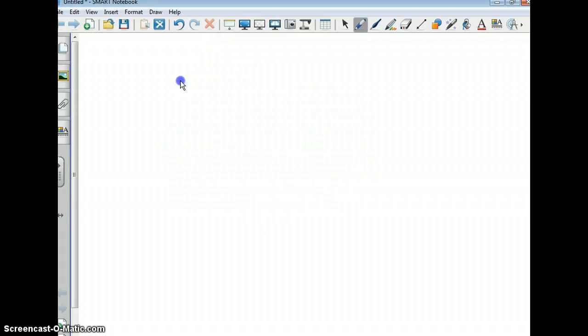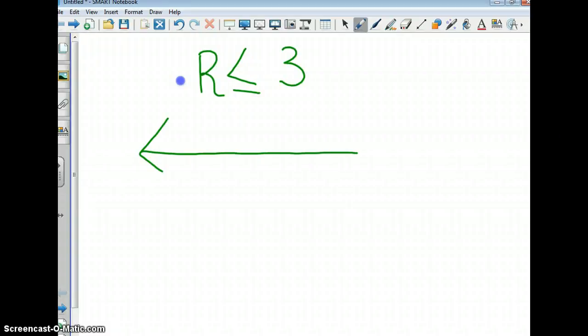Okay? What if I have r is less than or equal to 3? Okay? I have no other numbers, so I don't have to worry about adding or subtracting anything first. This is strictly a variable, my inequality sign, and then a number, a whole number. So if I'm going to put this inequality on a number line, here's my 3, then I have 2, 1, 0, and I have 4,